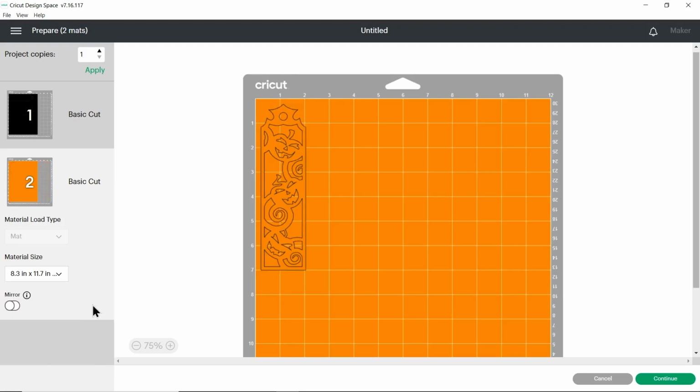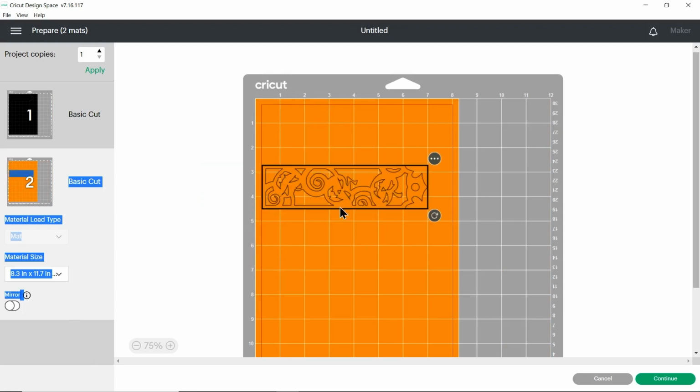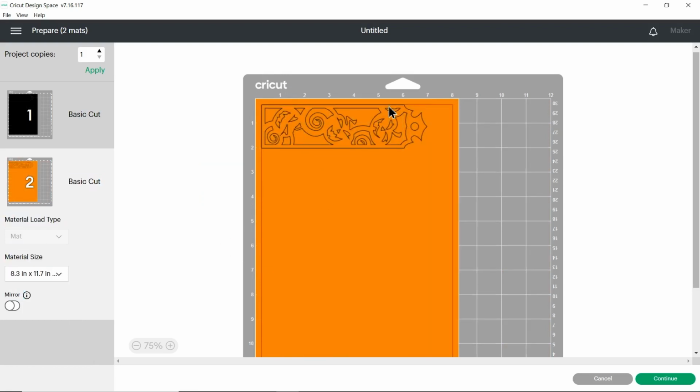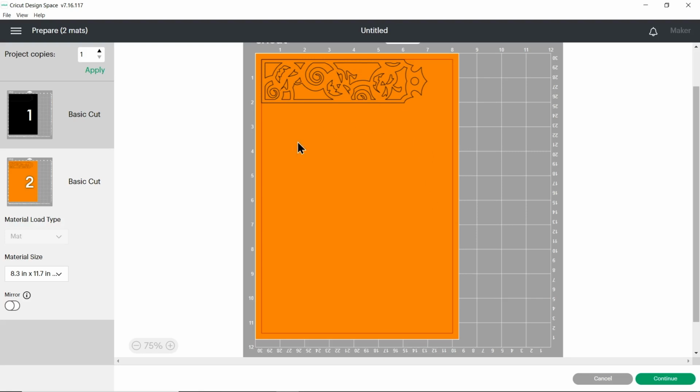So I'm going to change my paper to A4 and then rotate that with my Shift key held down so it goes exactly horizontal. And then all this space will be left for another day. Alternatively, you could use up your card scraps left over from previous projects to cut these with instead. So go ahead, get your bookmark cut out, and then we'll see a very, very short little tutorial on how to stick them together.